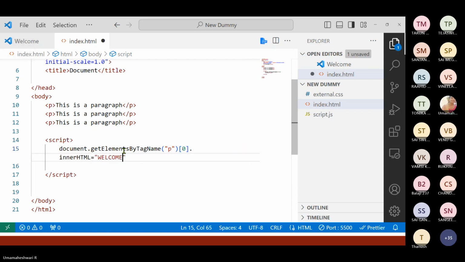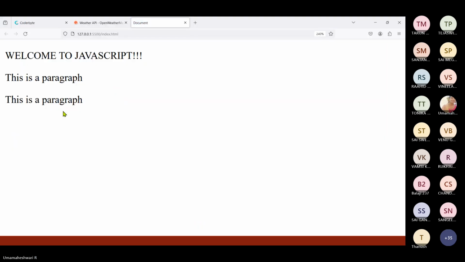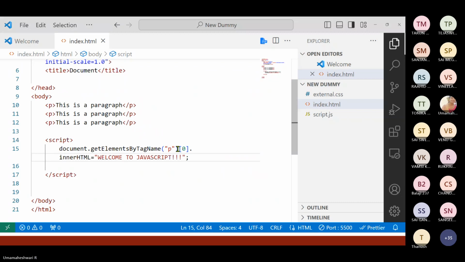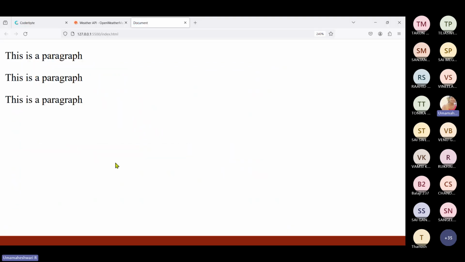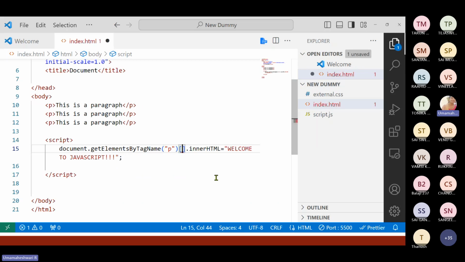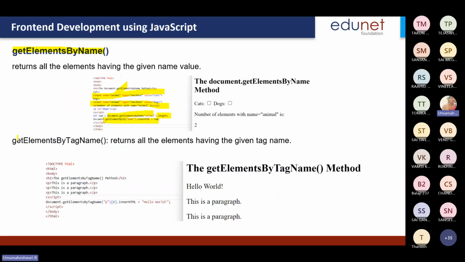Welcome JavaScript. Okay, like this we can do. So if you do it like this, there will not be any change. You have to mention the collection's exact index value, then it will get changed and updated. Clear? So you understood about the different methods